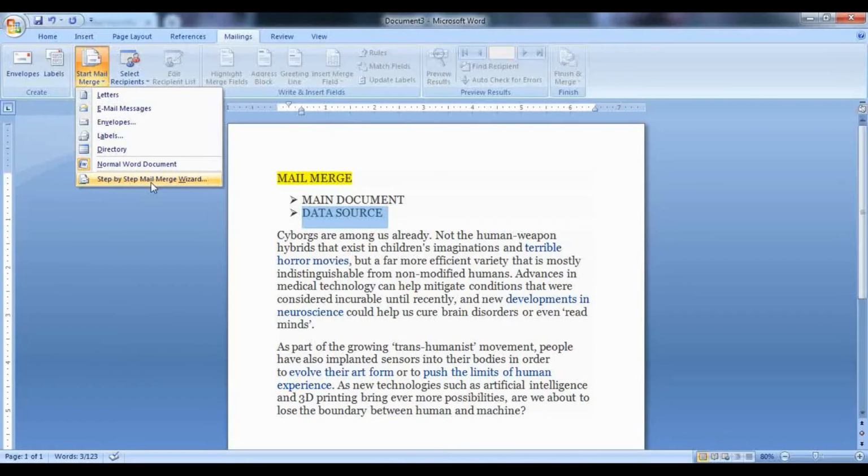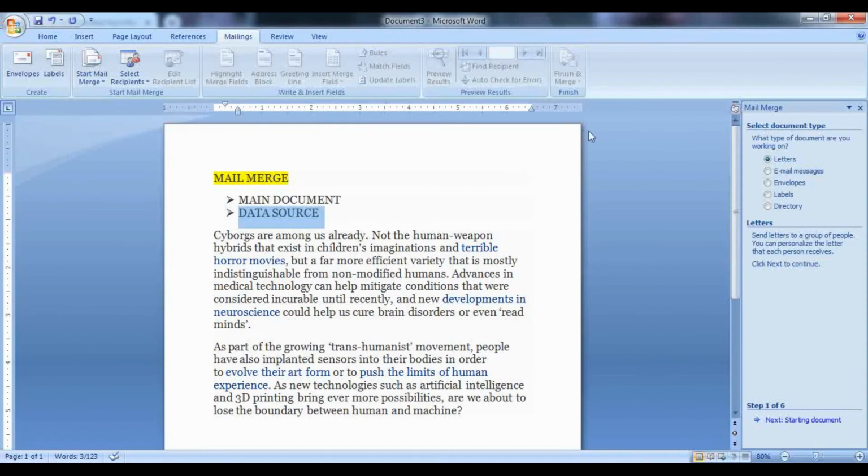When you do the step by step mail merge wizard, remember there are total 6 steps for mail merge. So what you will do is just click on this, and immediately on your right hand you get an option like this. So if you see here, a side window has appeared on the right side.